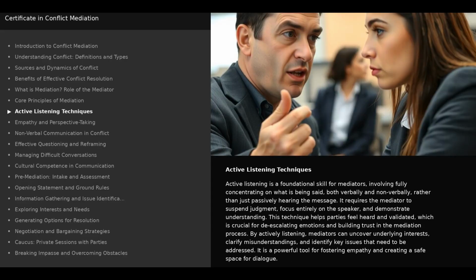Active listening techniques. Active listening is a foundational skill for mediators, involving fully concentrating on what is being said, both verbally and non-verbally, rather than just passively hearing the message. It requires the mediator to suspend judgment, focus entirely on the speaker, and demonstrate understanding. This technique helps parties feel heard and validated, which is crucial for de-escalating emotions and building trust in the